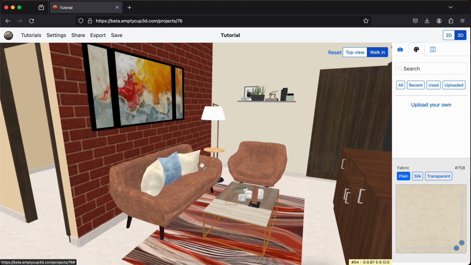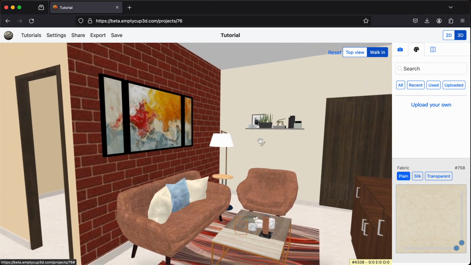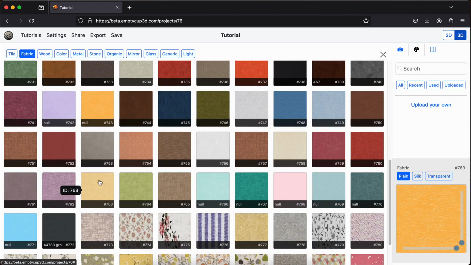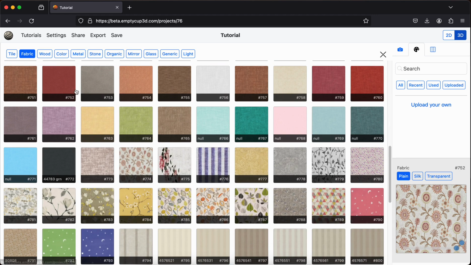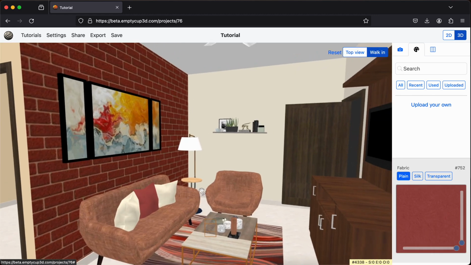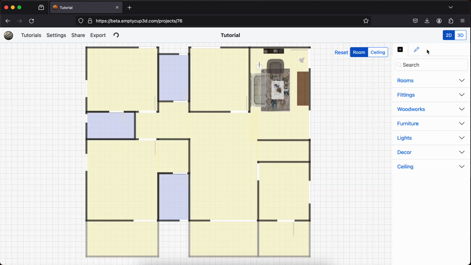The same kind of works for all materials. For example, let's say we want to add a color to this lamp, but before we do that, let's finish the painting for the cushions. Maybe this one. Yeah, and then maybe another cushion on the